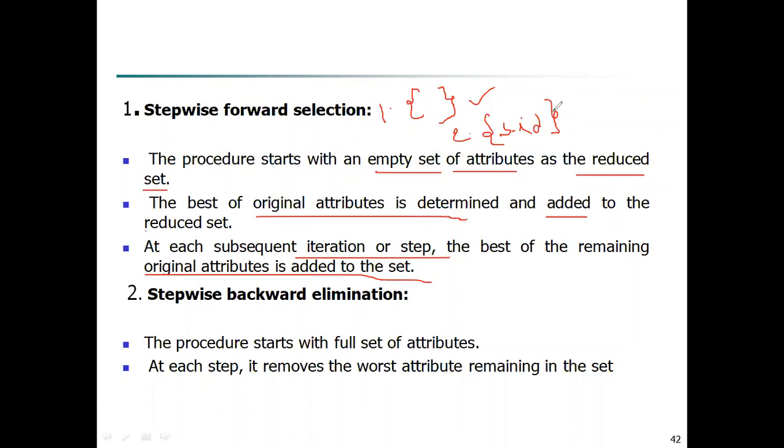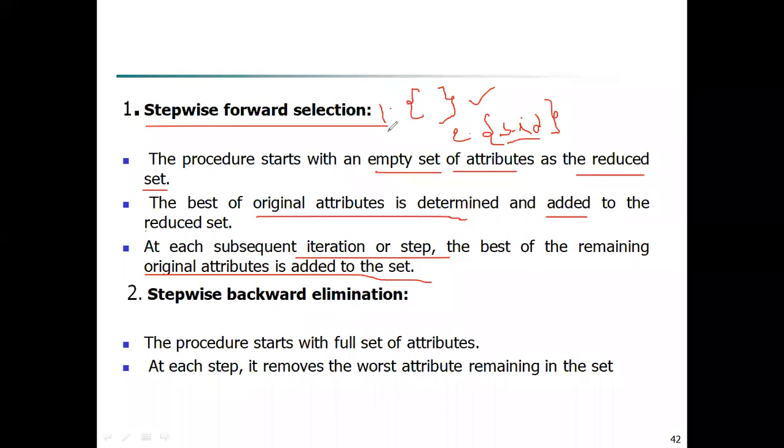After the total marks, I may need to add some average or percentage field. That's it. Those 3 are enough for me. The remaining are no need for me, isn't it? In this fashion, you are going to select your attributes. This kind of selection is called stepwise forward selection.